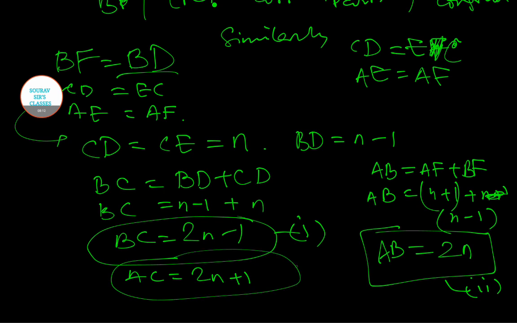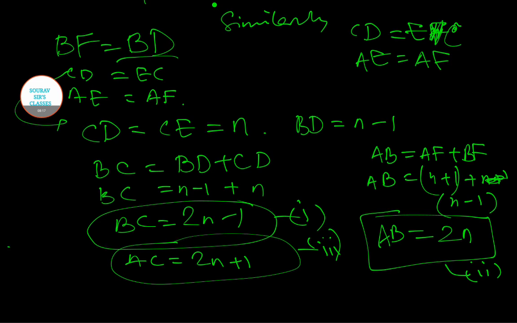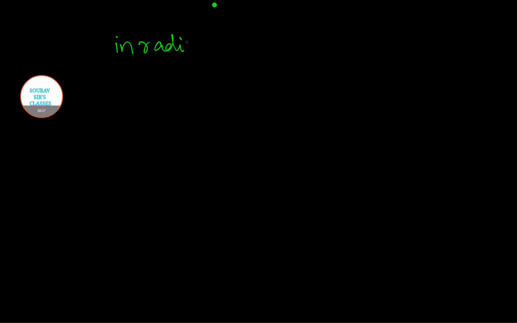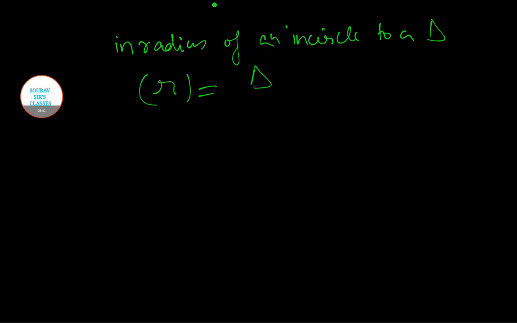So we will call this part 3. Okay, now there's a very important relation regarding the incircle of a triangle, and that says that the inradius of an incircle to a triangle, R, we will call it, is equal to delta by S, and S is the semi-perimeter,